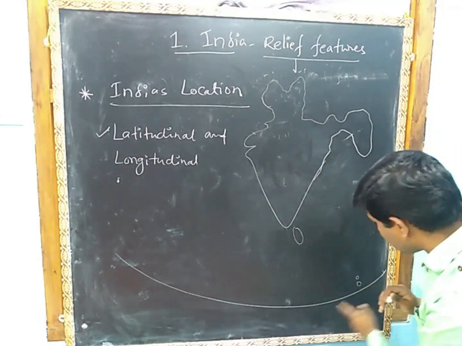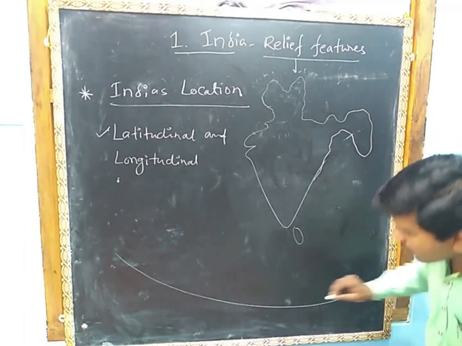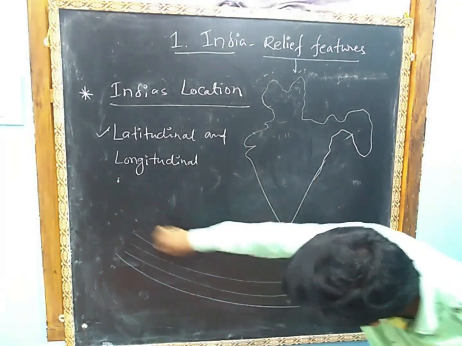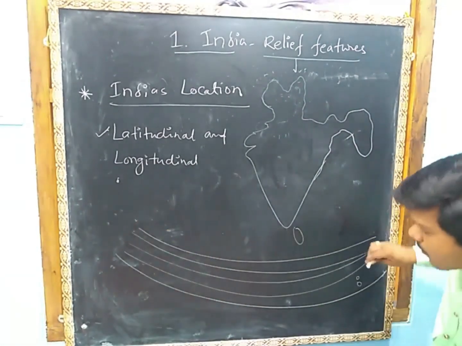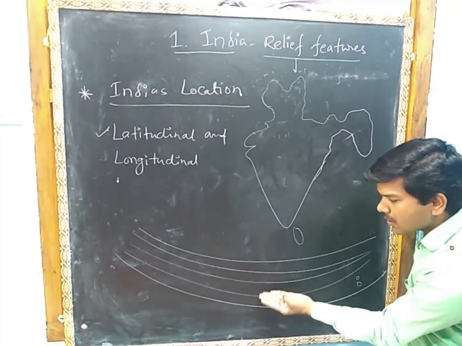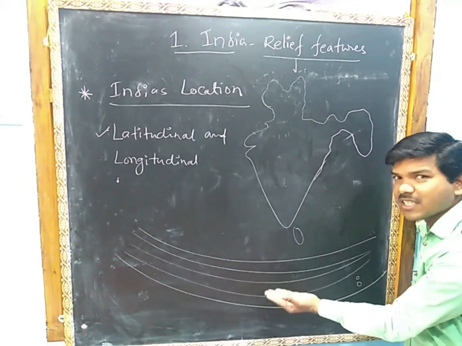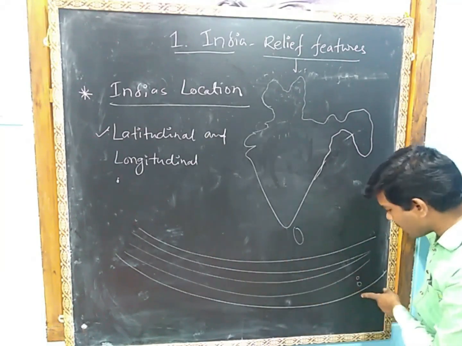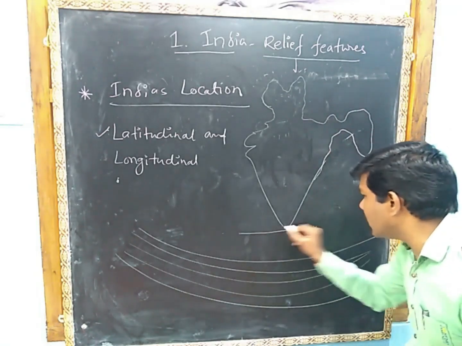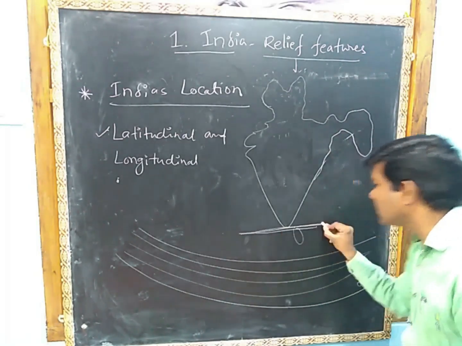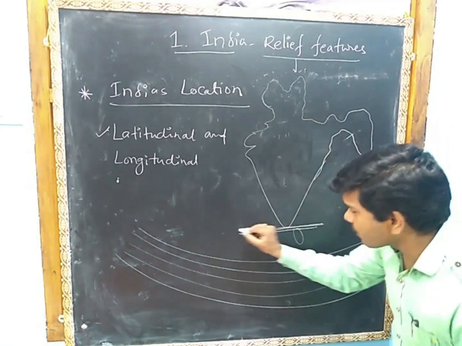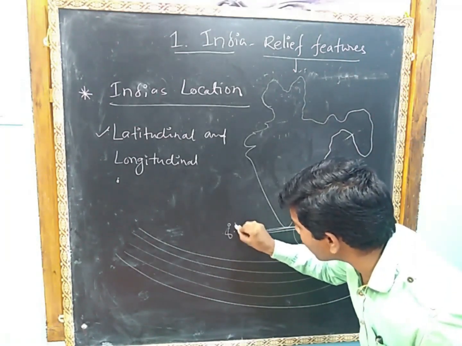Whenever we move north or south of the equator, the number of latitudes increases. Here 0 degree latitude is there. Whenever it comes to India's mainland,